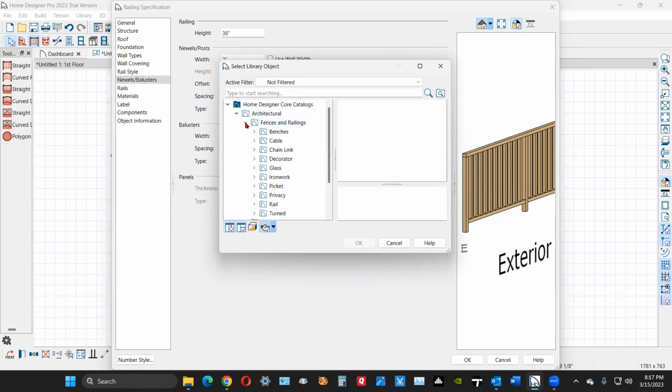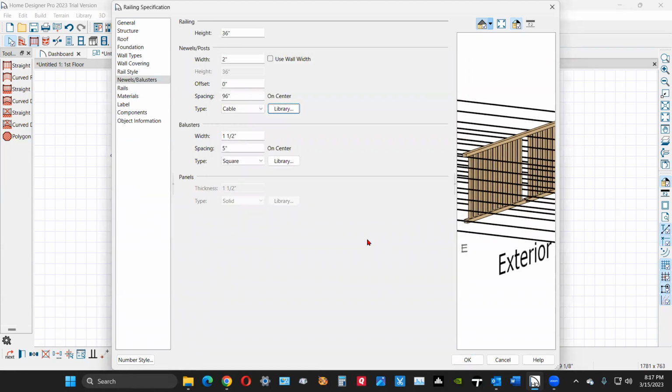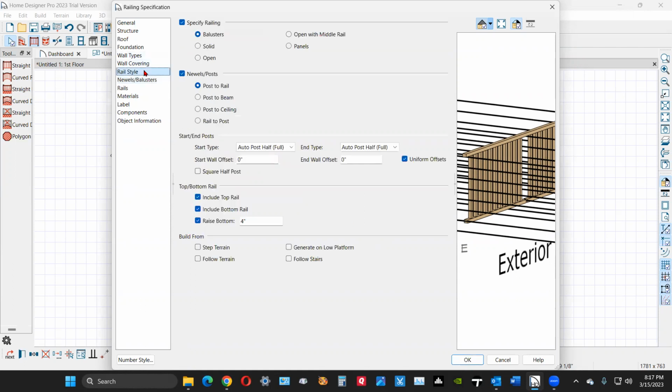Okay, fences and railings. Cable. Okay, that's what you're looking for. There's your cable. Oh, that looks like crap. I need to go back to rail style and select panels. Yeah. Then go back to panels